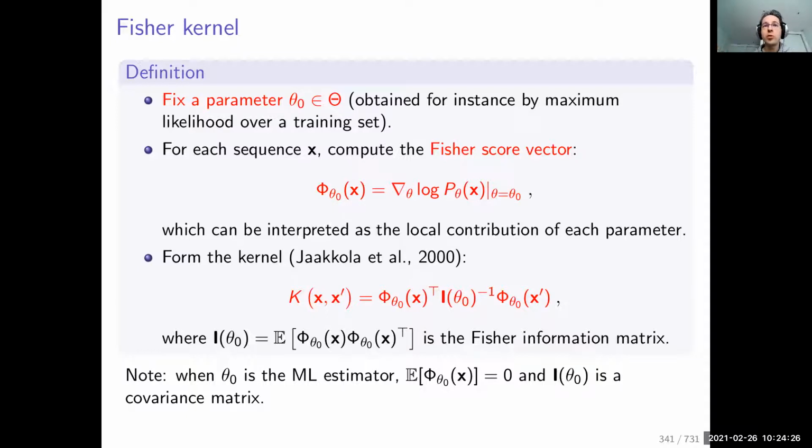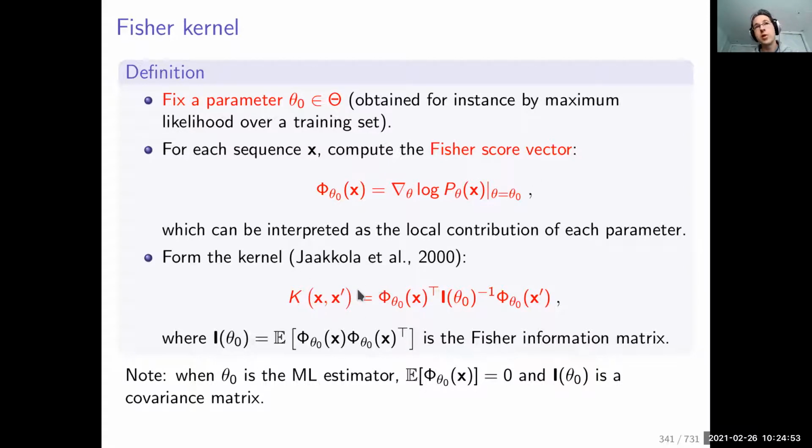So now we could say, well, we have an embedding, we can simply use that in other tasks, for example, in a discriminative task, and you would be right, this is something that we will do in practice. Now, if you want to have a few better properties, and I will come back to that, you can define also a kernel based on this data embedding, which is here the Fisher score vector.